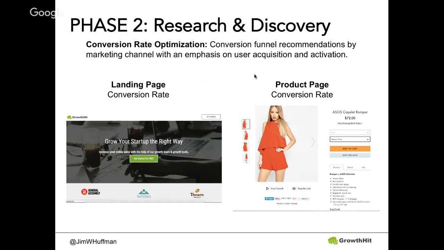You can easily select the size and the color. Notice how big the buttons are right there. It's almost as wide as the image. And if you're on a mobile device, they'll be just as wide as the full screen. So they've done a really good job of setting this up for conversion, and they have all the product and brand info there. So anyone that's looking at building an e-commerce site, I would definitely check out ASOS on desktop and mobile to understand their experience. They've done a really good job with it.